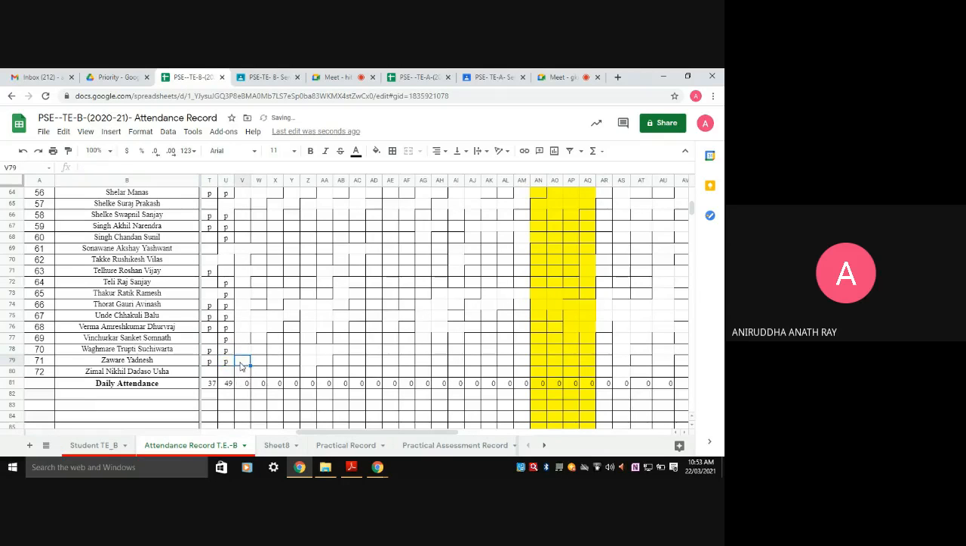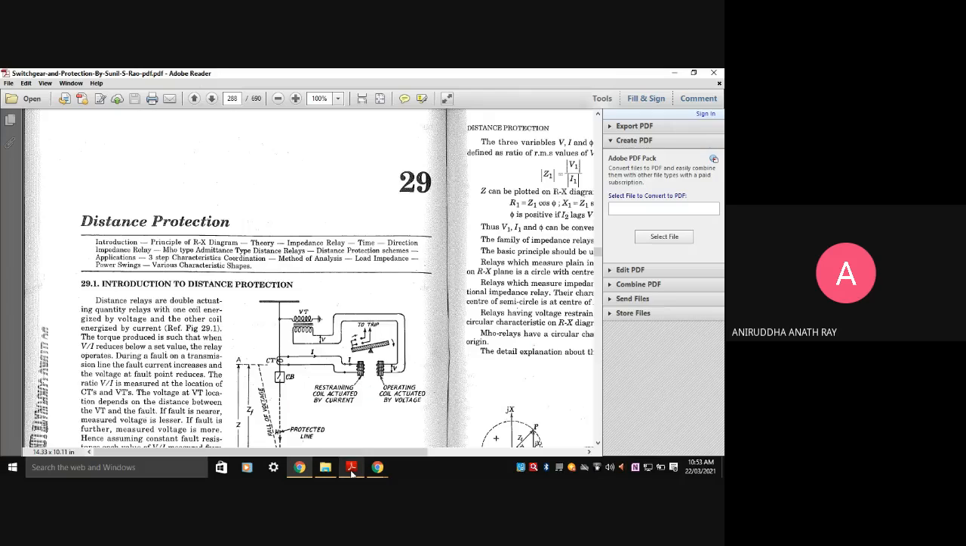Okay. So let us now discuss distance protection. There is the SS Rao book, chapter number 29. Now again, out of these topics,